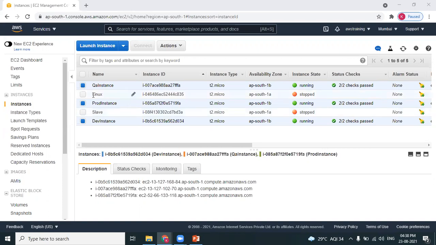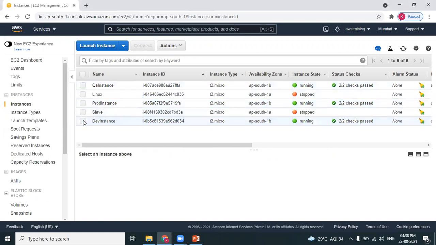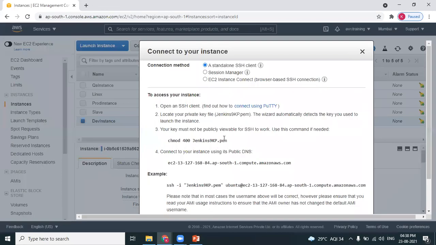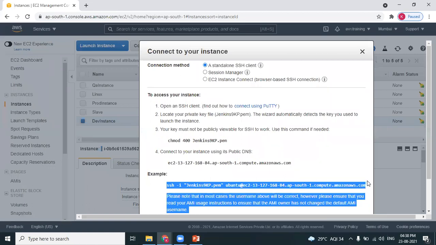So all the three machines are running. Let's connect to the dev instance. Copying the SSH command.